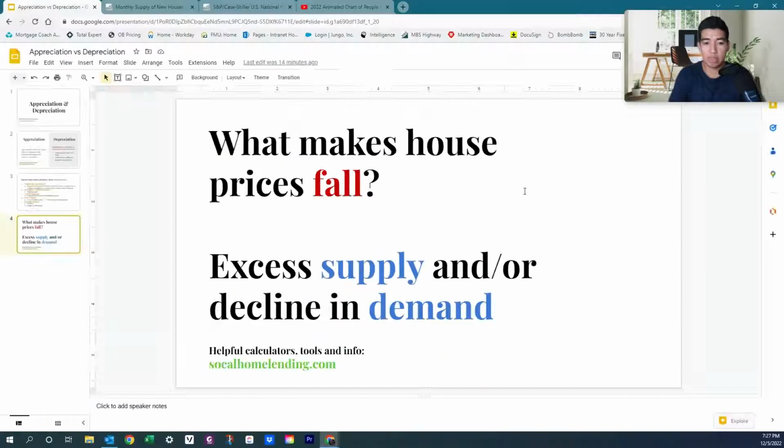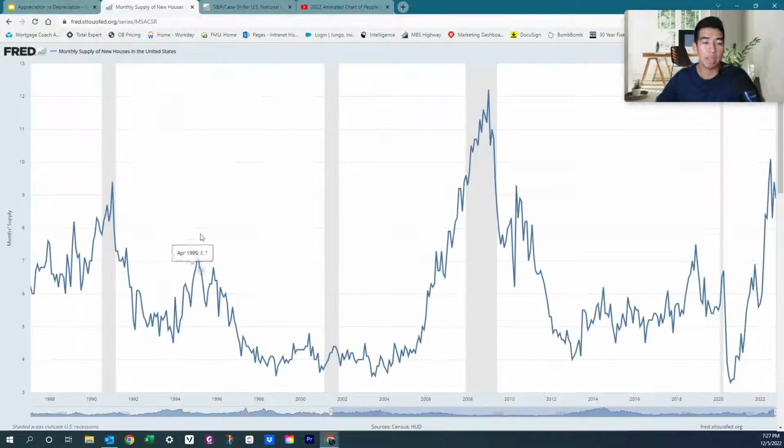To illustrate this, or just to make a point on supply, I want to show you this graph that I pulled from FRED. This just measures the months of supply of new houses in the US over time. The shaded areas on this graph reflect recession periods. If we look at this big area over here, that's the highest point in supply that we have seen. This is during the 2006 to 2008 recession. So we can see the supply was at an all-time high, which meant that builders were just building like no other, and there just weren't as many people to buy those homes.